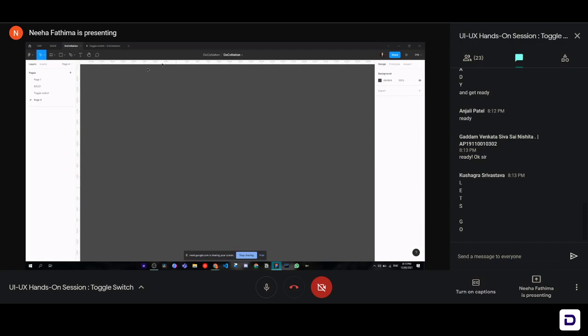And you can see this little toolbar over here where we've got all our tools, our frames and shapes and vectors and text and all of that. Okay, so let's get started with making the little animation.